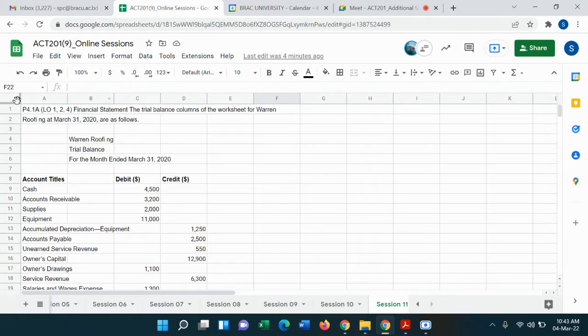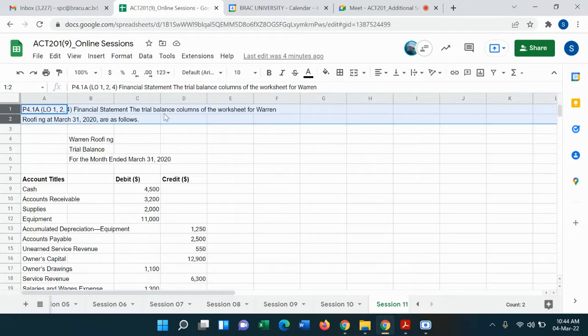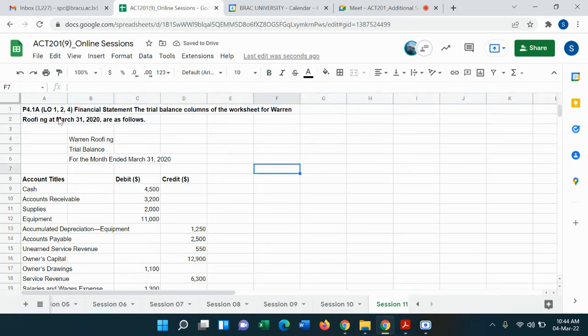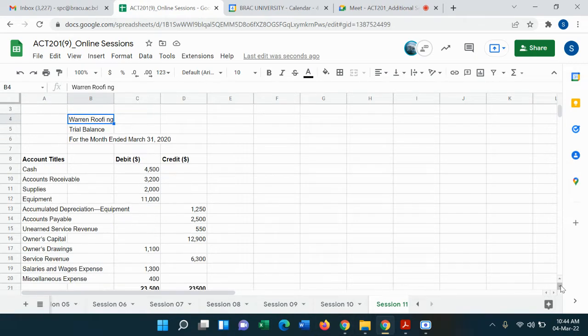So this is a problem. I have collected it from your book. This is from chapter 4. Chapters 3 and 4 are both interrelated. This is problem number P4A 1A. It says the financial statements, the trial balance columns of the worksheet of Warren, Rofi, and G at March 31st are given below. So this is the trial balance of this organization that has been given to us. So these are the trial balance information,